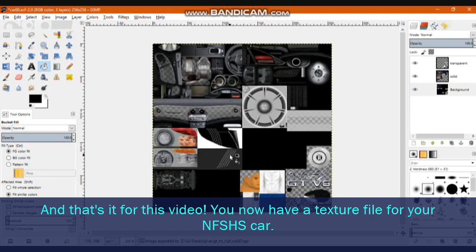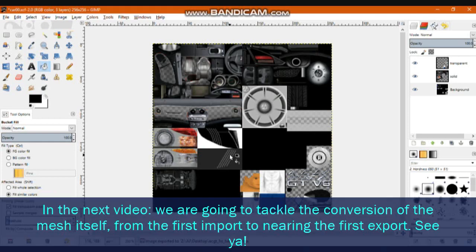And that's it for the video. Now you have a texture file for your Need for Speed High Stakes car. In the next video we're going to tackle the conversion of the mesh itself. For the first import